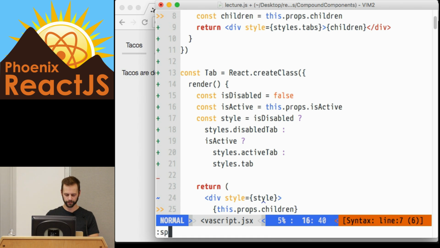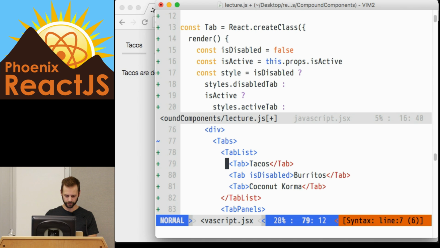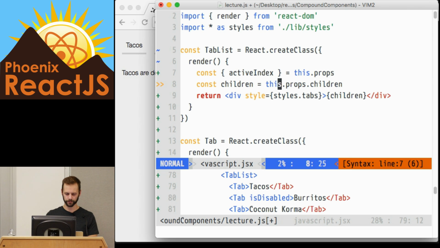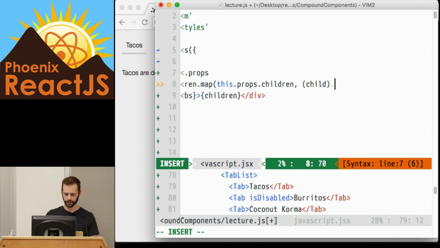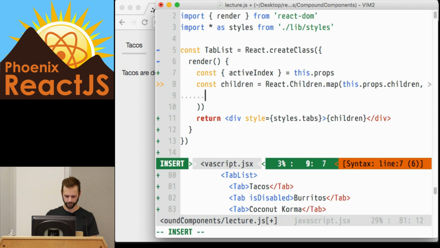So Tabs, the parent, let's come down here again and see how we render all this stuff. So Tabs is the parent, it owns the state, it clones the TabList, passes it active index, and then we need to clone these and tell them whether or not they're active. So this is TabList, it's going to clone its tabs. We'll talk about why React.Children.map instead of just map maybe later, but maybe not. If you're in the workshop tomorrow, absolutely we will. Okay, 800 by 600. So far we're doing all right. So I'm going to return cloneElement,